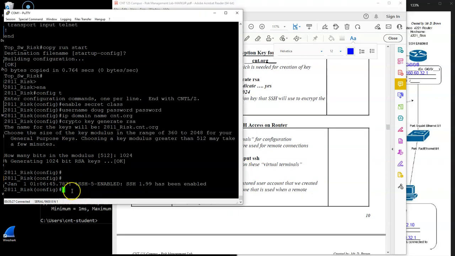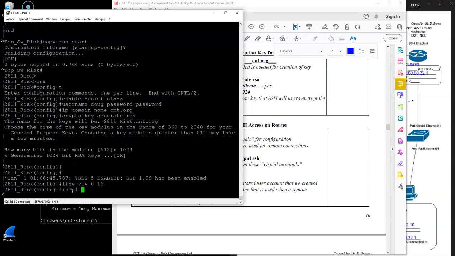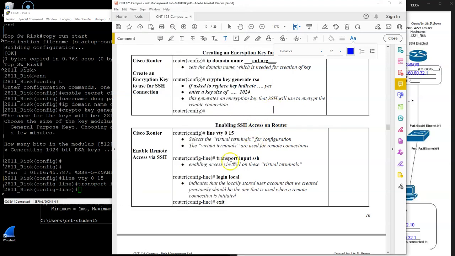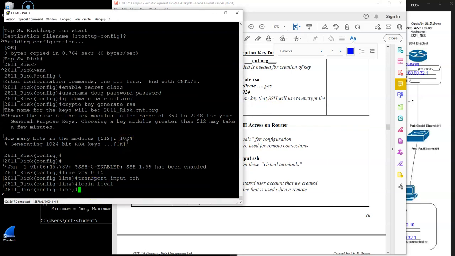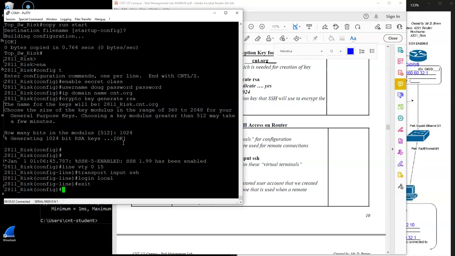We're then going to enable our virtual terminals just like we did on the switch, line VTY 0 15. This time we're going to say transport input SSH instead of Telnet. And we're also going to say please use the local account that we created. The person needs to provide the credentials for this local account to access this router remotely. We'll do an exit,